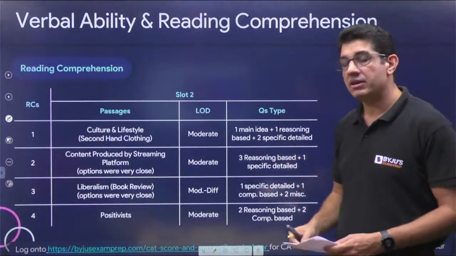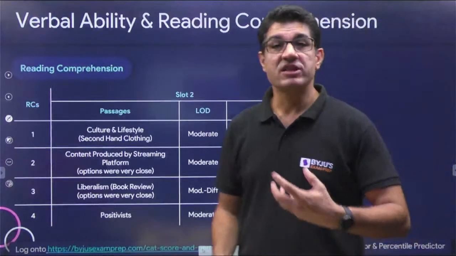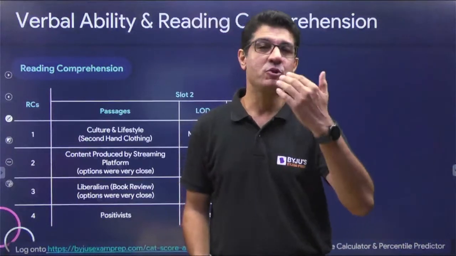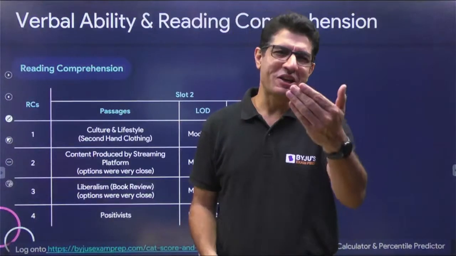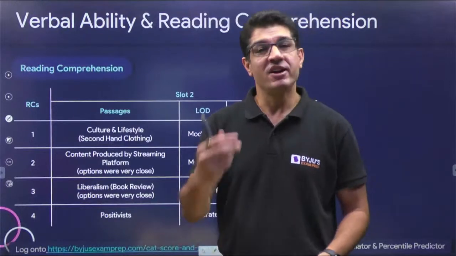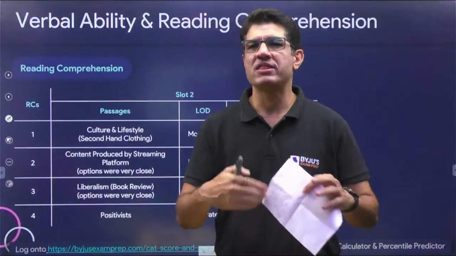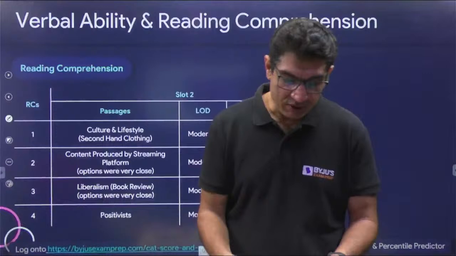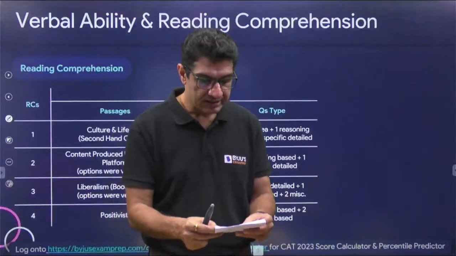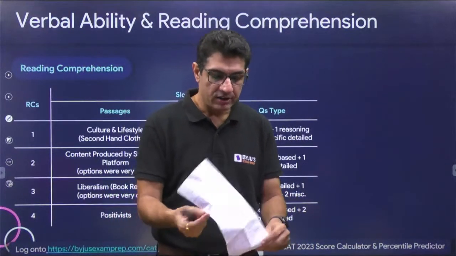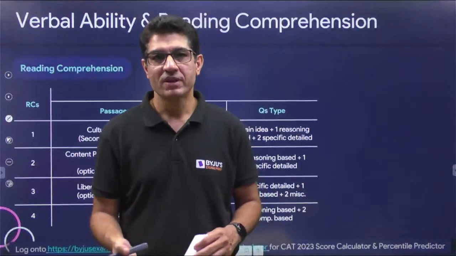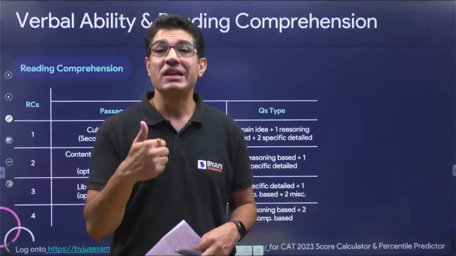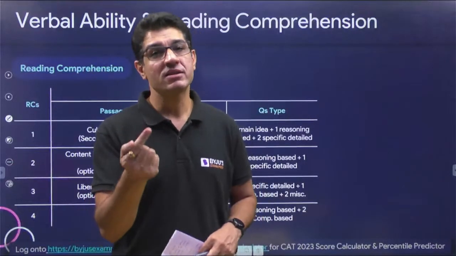The third one was a passage that was a book review, but if you started reading it, you would not have realized that until around the second last paragraph. It is only in the last paragraph that the book and the author were introduced. What made it challenging was the fact that it brought in a bit of political theory. If you do not know much about liberalism, it would have been an issue.